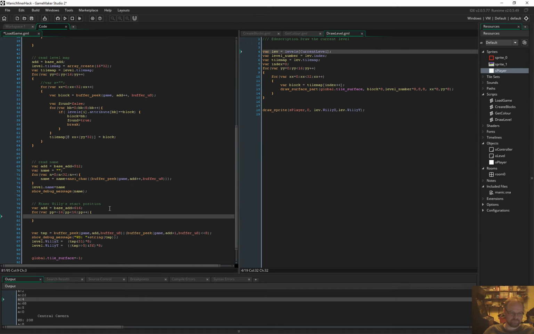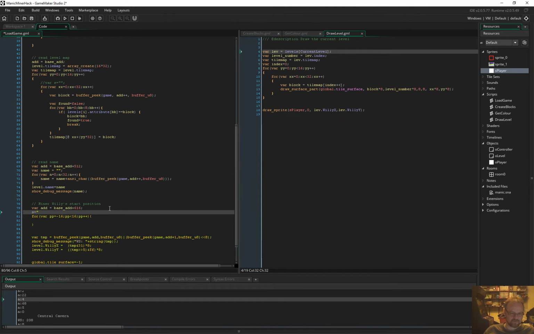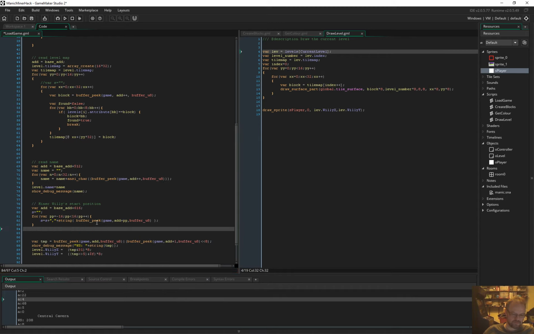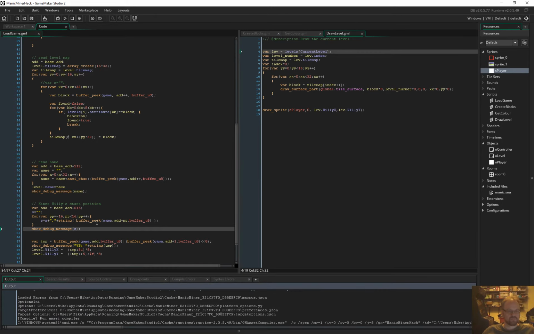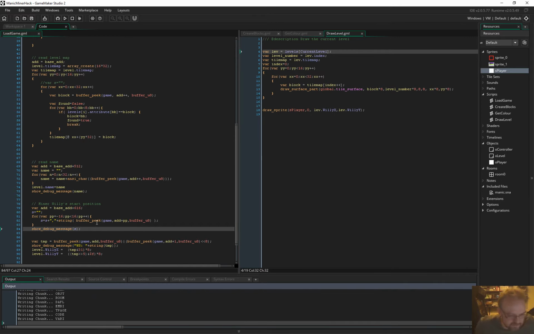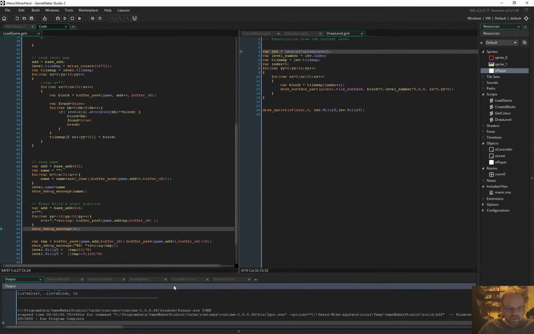Sixteen. Okay, we'll just print a few bytes out on either side and let's see what we get,